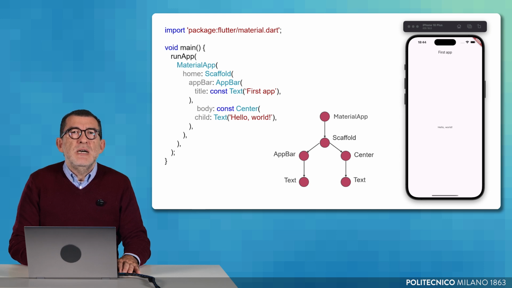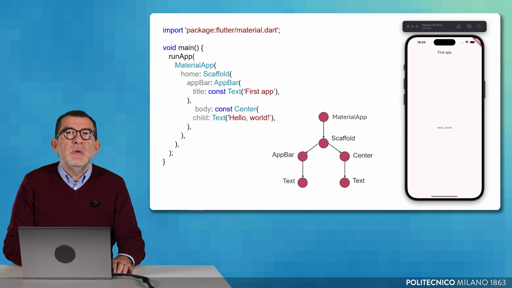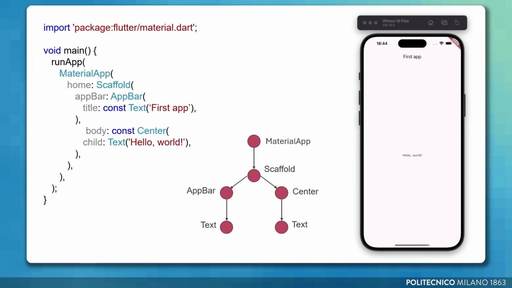The home property defines the app's initial screen, similar to the home page of a website. In our example, the home is a scaffold, which provides a basic layout with two sections, the app bar for the title and the body for main content. Now, the widget tree is structured with a material app wrapping a scaffold, which contains an app bar and the center widget. This more realistic setup provides a clear foundation for a full app, even though real-world apps often have